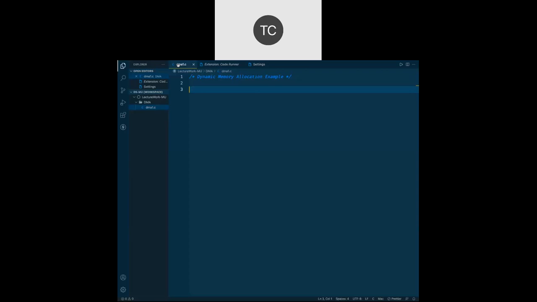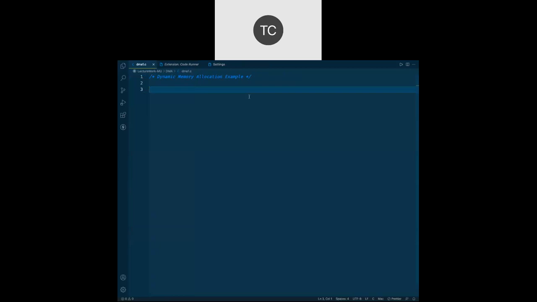You can also go for Eclipse. You may go for Xcode, doesn't matter. Once you are able to execute a C program, you will be able to do all the programs in this semester. Now let's focus on the dynamic memory allocation example here.